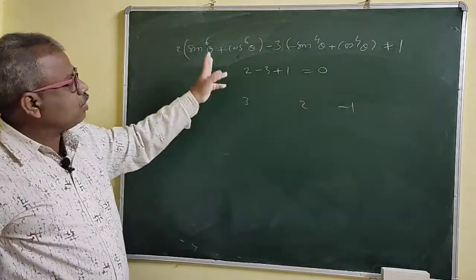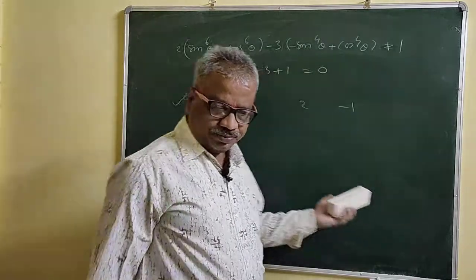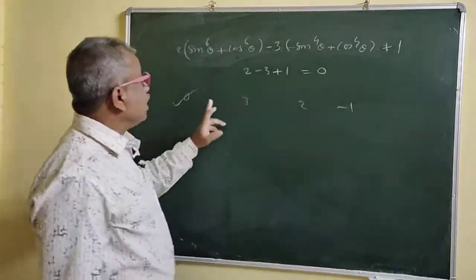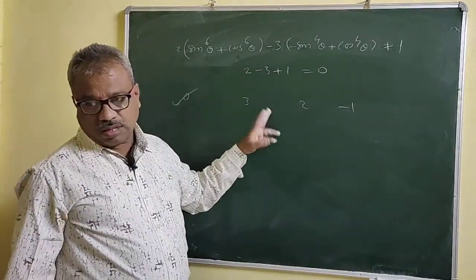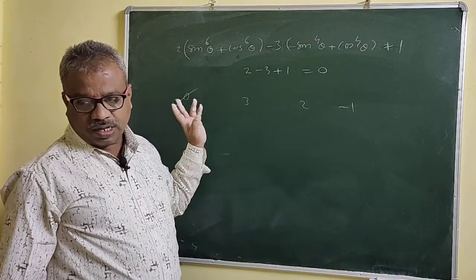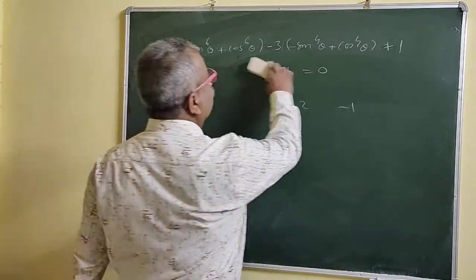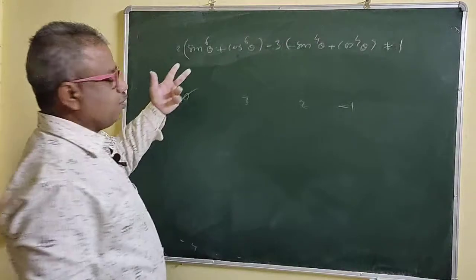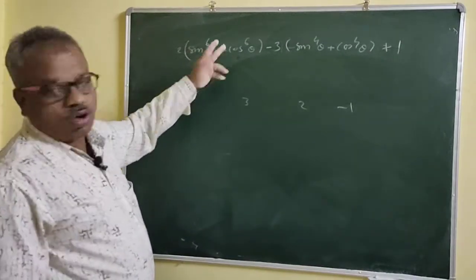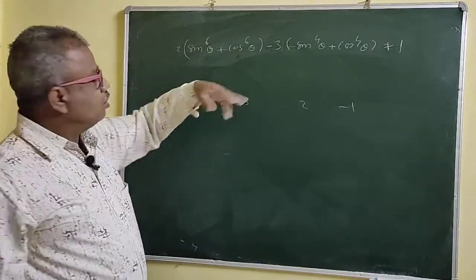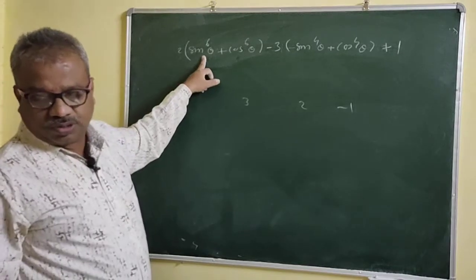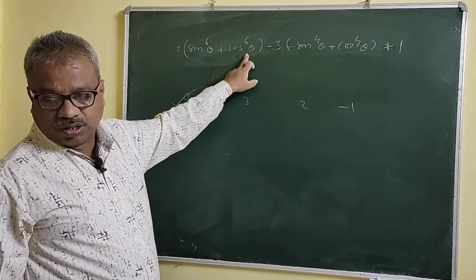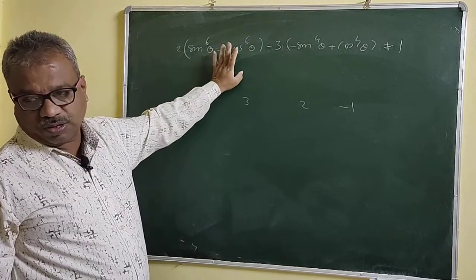So you know that cos pi. See, if you take the pi by 2, what if there are two possible values, then the problem will arise. So if you take the pi, suppose, you know that cos pi is minus 1. So see, sin pi is 0. So this is 0. Cos pi is minus 1. Minus 1 to the power 6 is 1 now, because power is even.